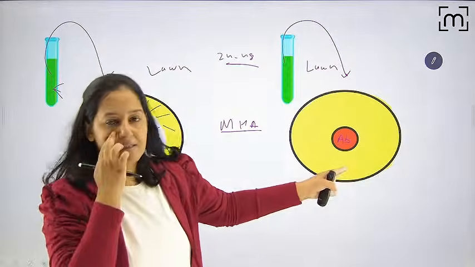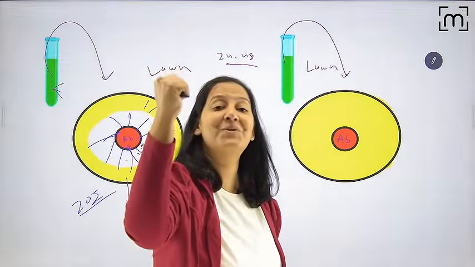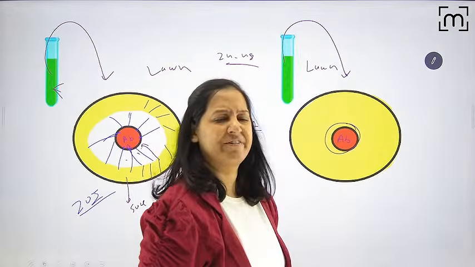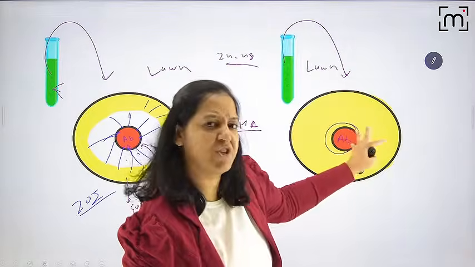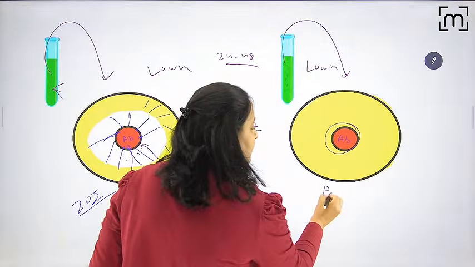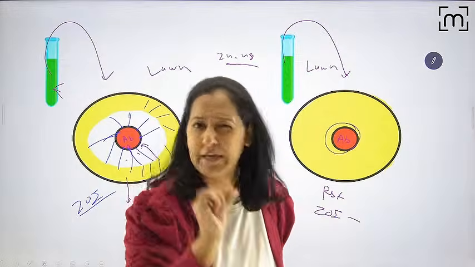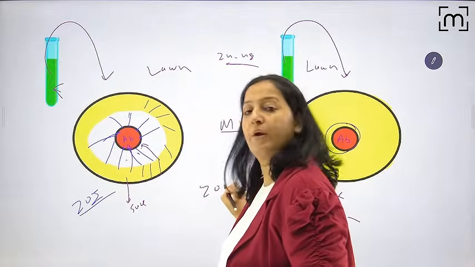See the second one. Where is the colony? See, ma'am, the colony is right next to it. It's resistant. It's touching the rim of the antibiotic. It doesn't have any fear, because the antibiotic cannot kill it. It is coming and touching the rim of the antibiotic. So this one is resistant. Here the zone of inhibition is almost absent or very minute. Here the zone of inhibition is very wide. So basically it is the ZOI which is going to decide.